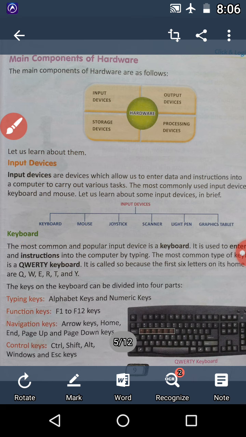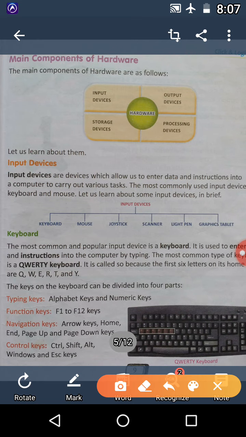Now firstly, we all know about the keyboard. We are all familiar with the keyboard in our computer lab. Whenever we enter the computer lab and start our computer system, the first thing which we notice is the keyboard. The most common and popular input device is the keyboard. It is used to enter